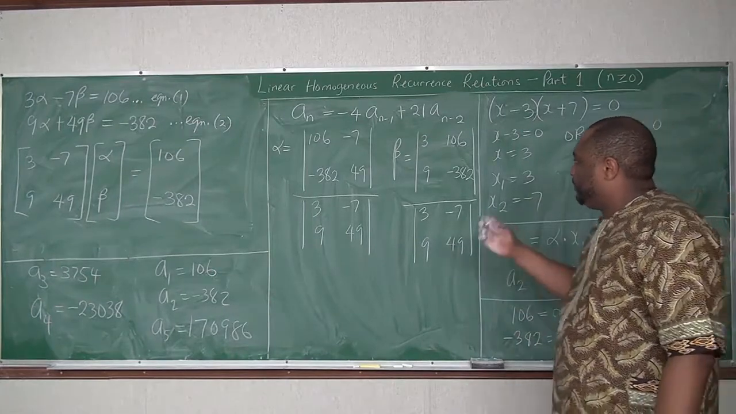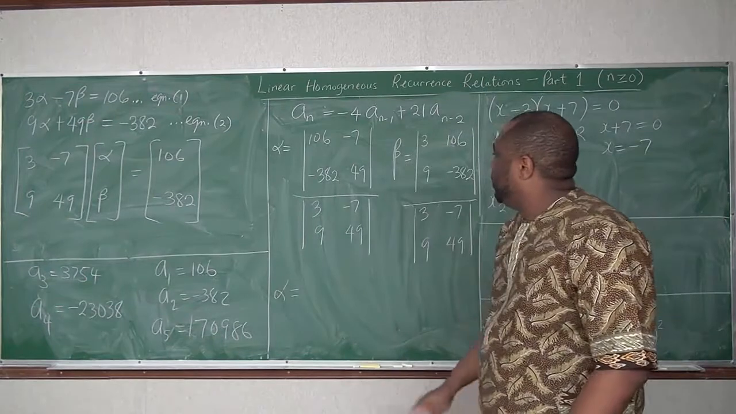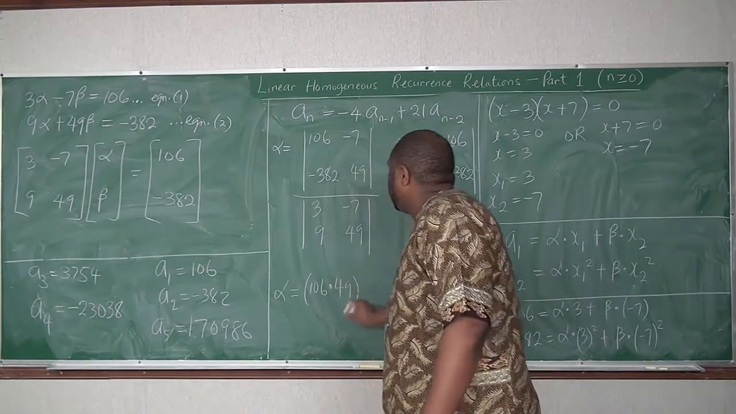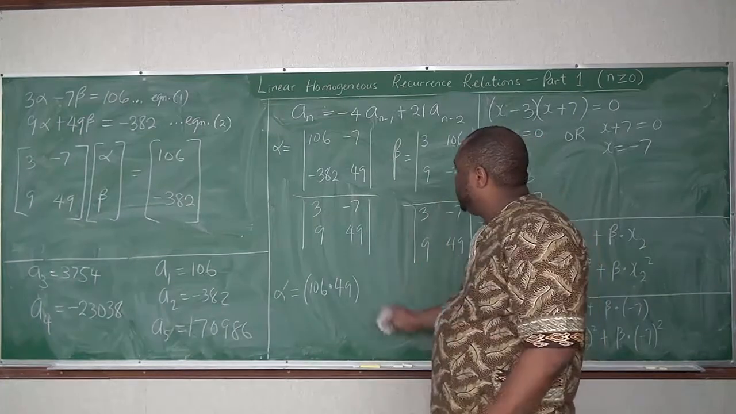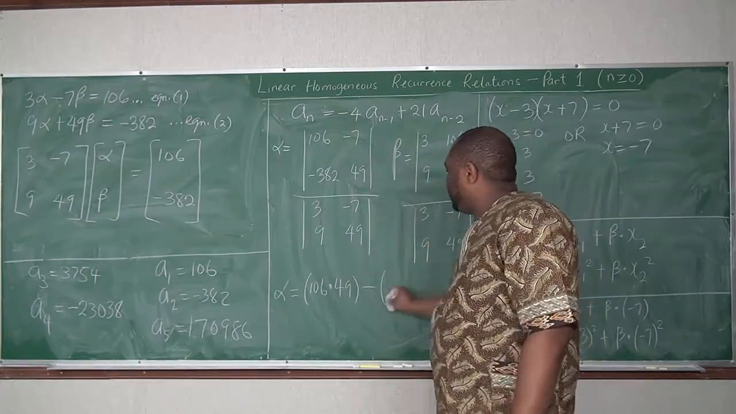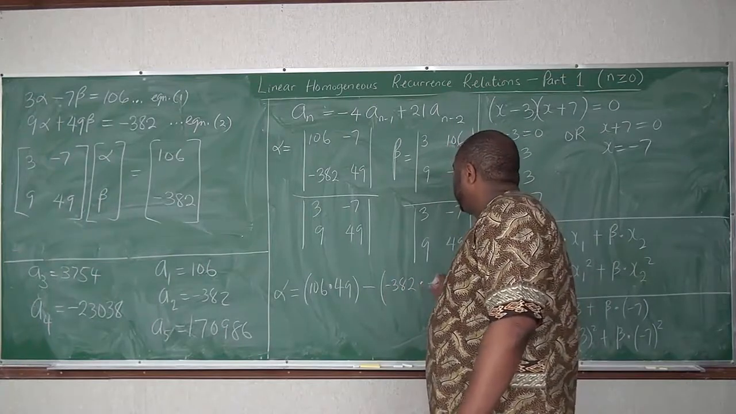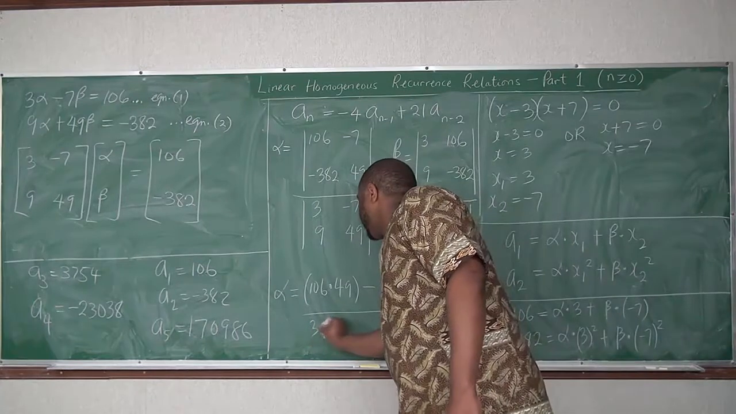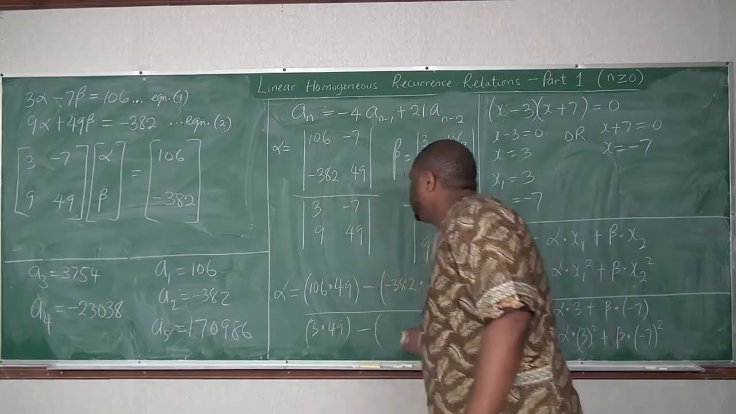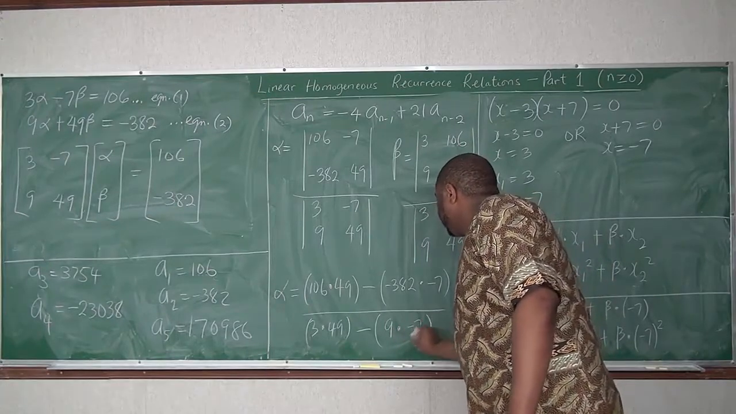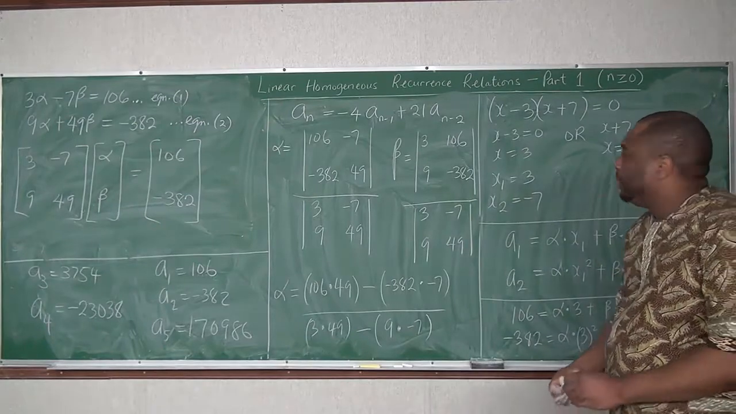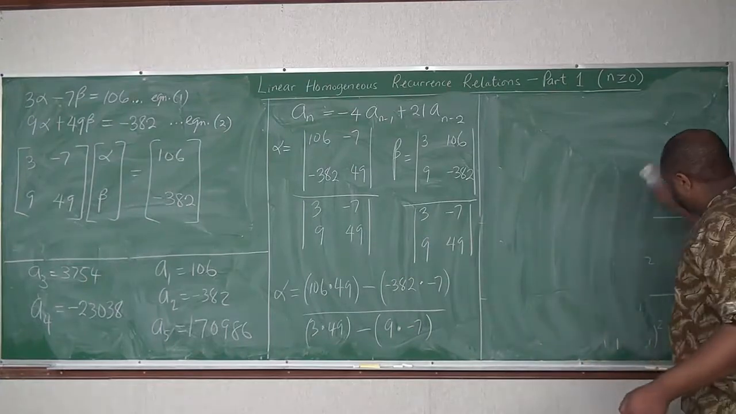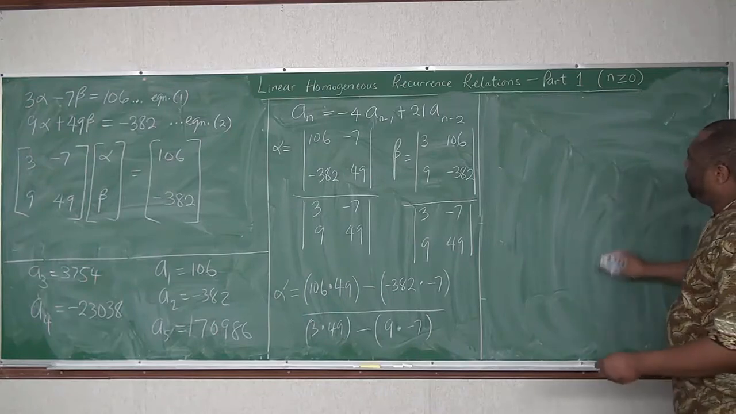Alright. Now let's find our alpha. So our alpha would be 106 times 49 minus, this times this, minus 382 times minus 7, all over this times this minus this times this: 3 times 49, minus 9 times minus 7. Alright? So,